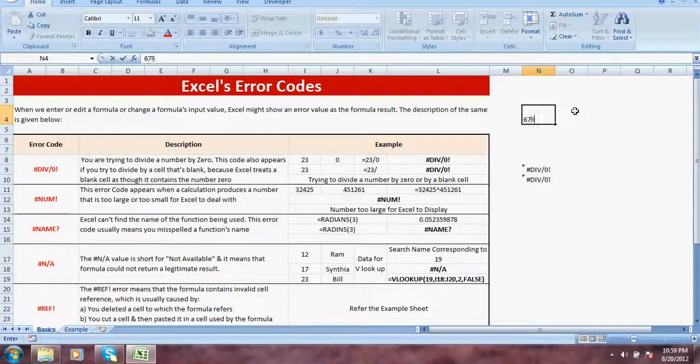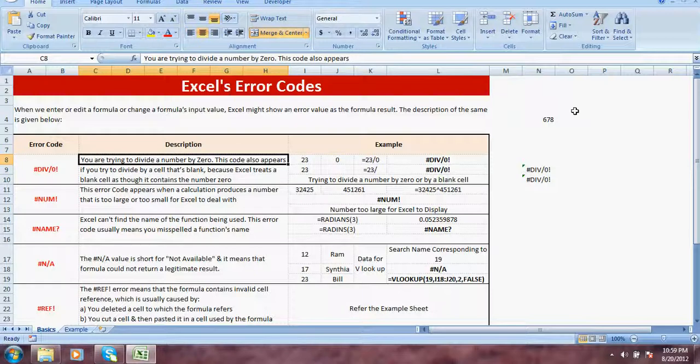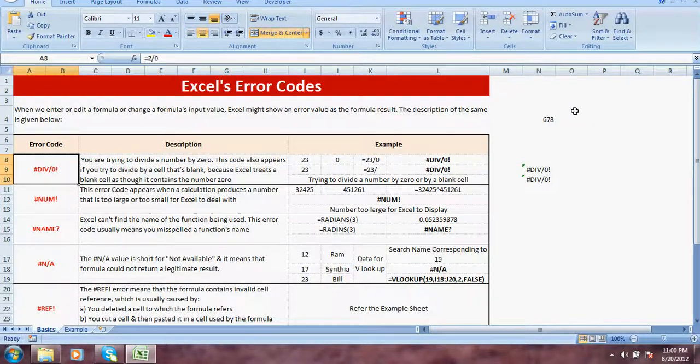Even if you put some value in N4, again it will give you the same code. Basically, this type of error code is coming because we are trying to divide a number by 0 or by a blank cell. We have mentioned these 3 lines about this error code. You can always go through it and learn about it more.